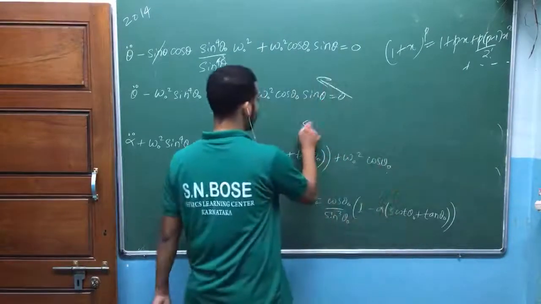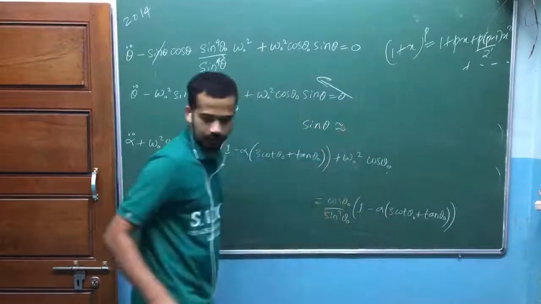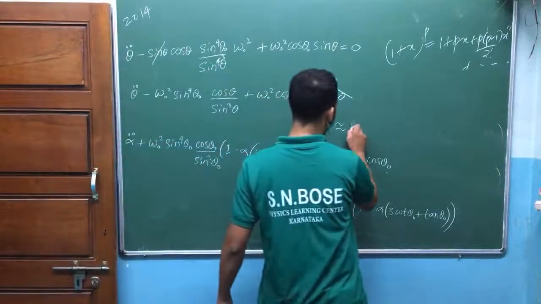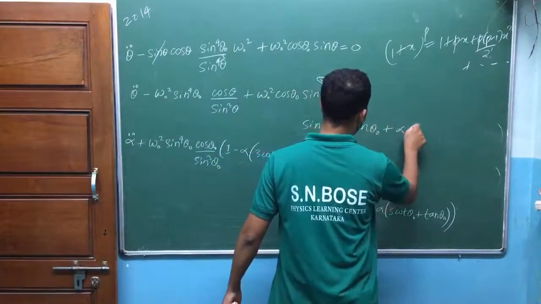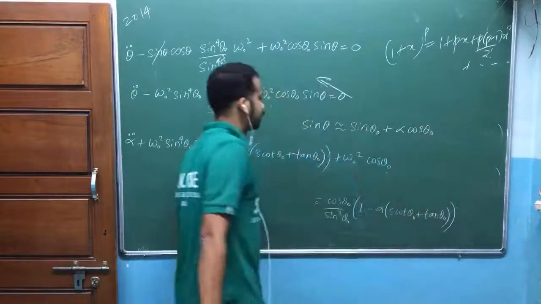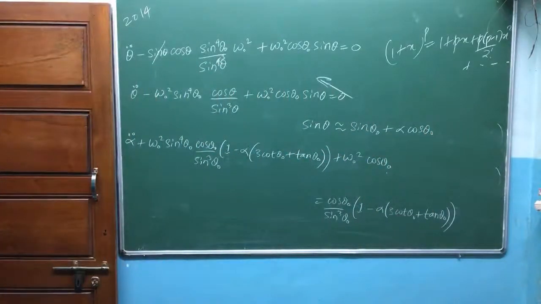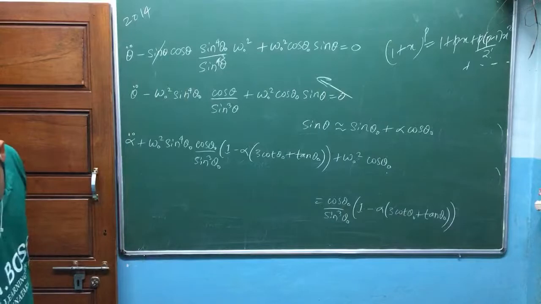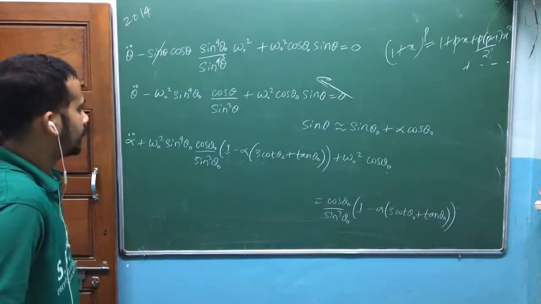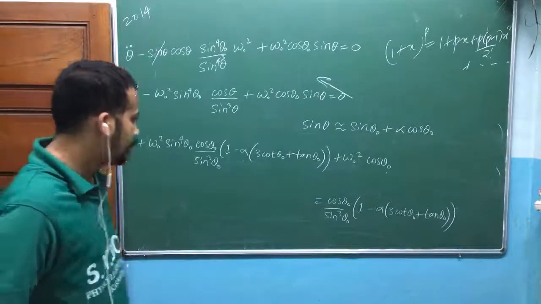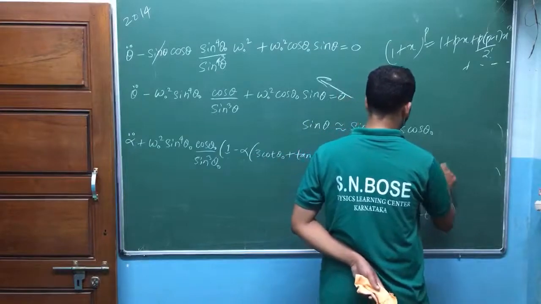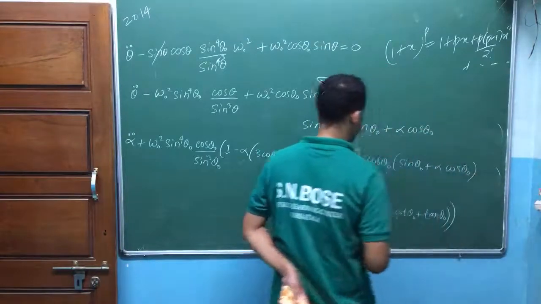Wait a second, sine theta, what I have written as nearly equal to earlier, can anyone speak out? Sine theta nearly equal to, I have written sine theta naught plus alpha, speak out, cos theta naught multiplied with what I can write? Sine theta naught plus alpha cos theta naught. Can I write like this quickly? Somebody reply.